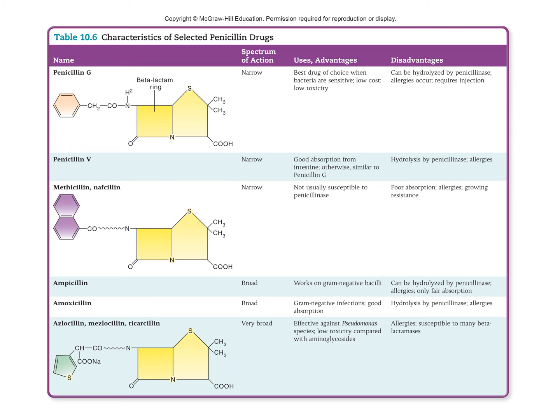So these are different medications that fall into this penicillin-like group. So penicillin G, penicillin V, which are given through different means. Methicillin, nafcillin, ampicillin. Ampicillin is a very common medication they give to kids and to women who are pregnant with group B positive strep on their cervix.